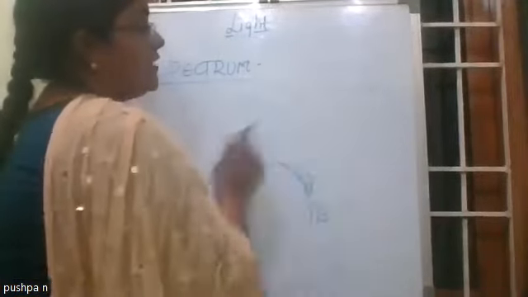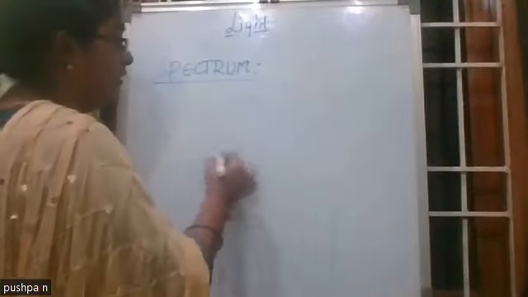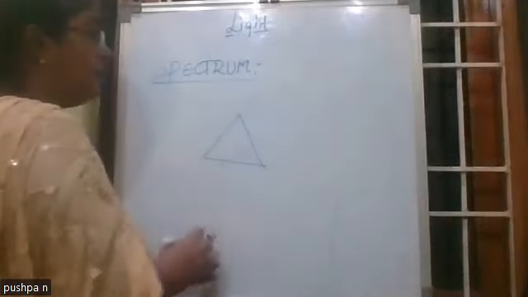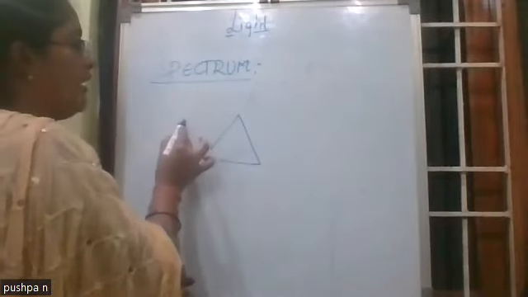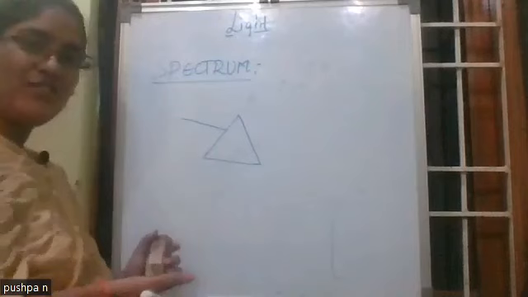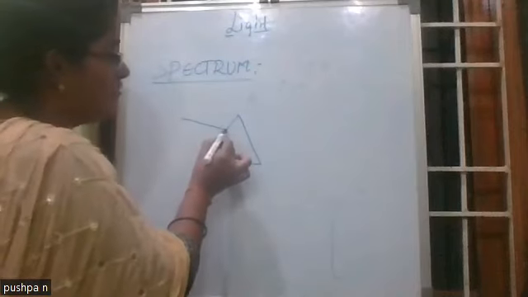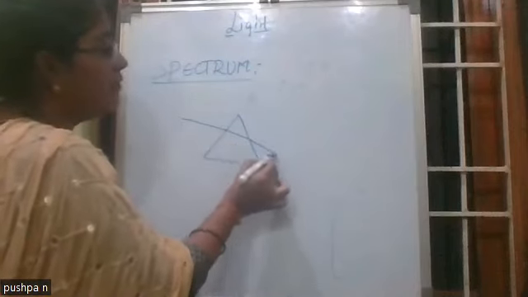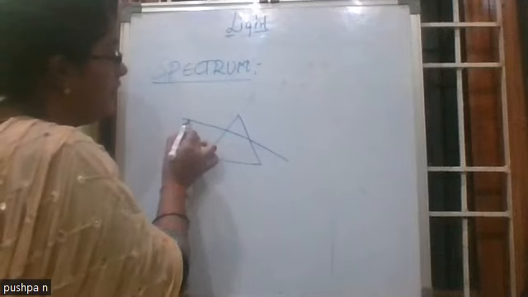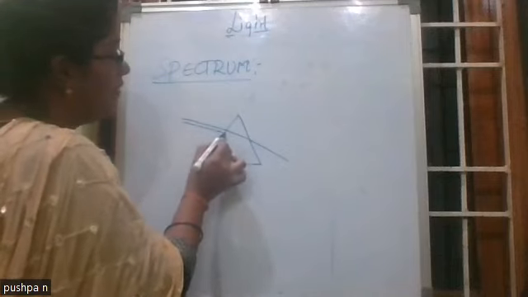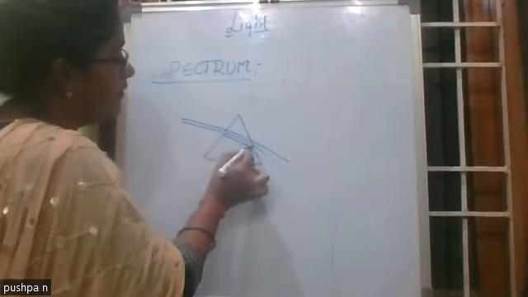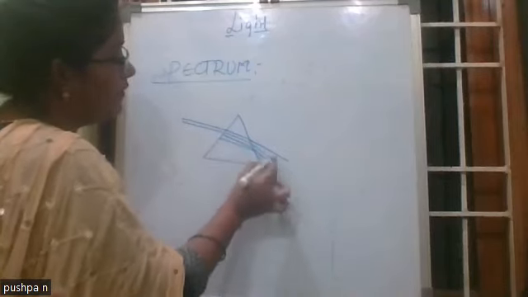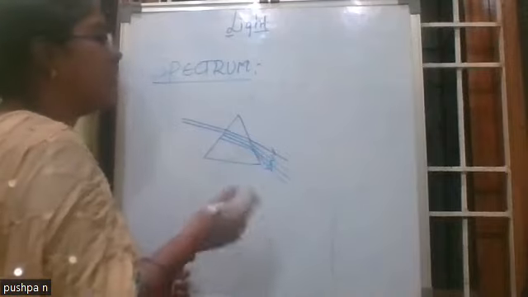Here, we are discussing the prism, no? You take a prism. Allow the light to pass through the prism. What happens? It will be traveling. Here, it will be bent. When sunlight falls on it,